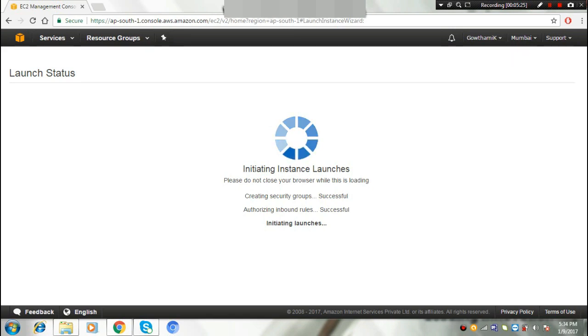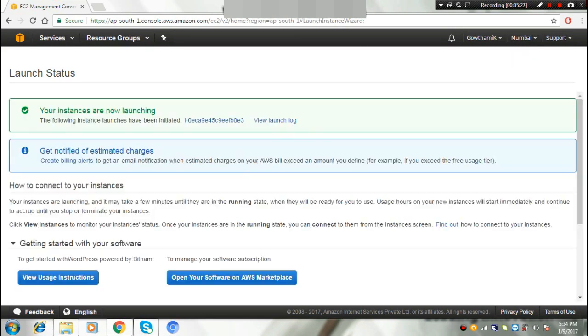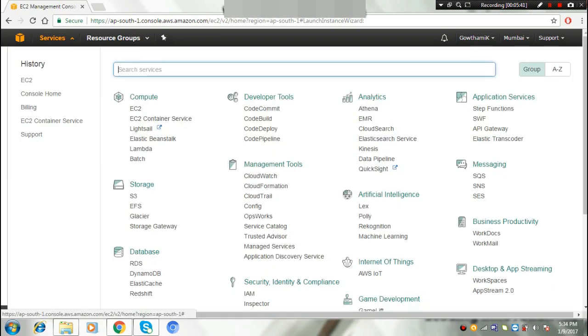Now the instance creation is completed. Then we have to go back to our dashboard. Your instance is ready to launch, and now you have to go to your EC2 dashboard.